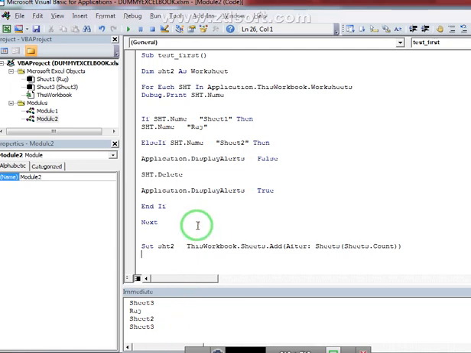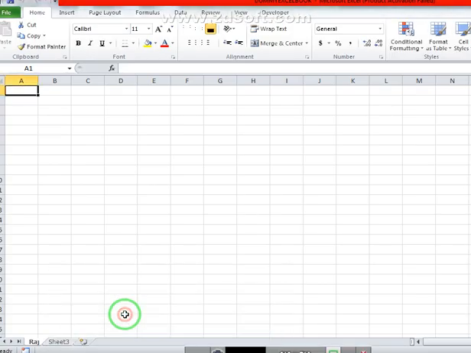Before executing this code, let me show you the workbook. Here you can see there are two sheets, Sheet1 and Sheet3. So after execution of this code, there will be a sheet, I think Sheet4, at the end of this, right, at last.